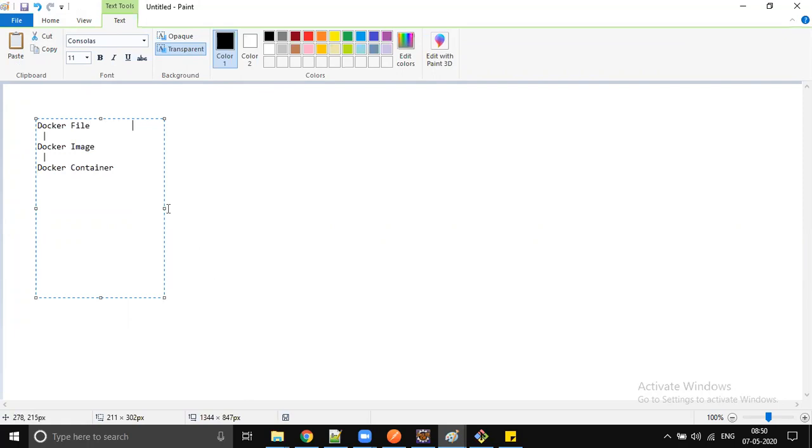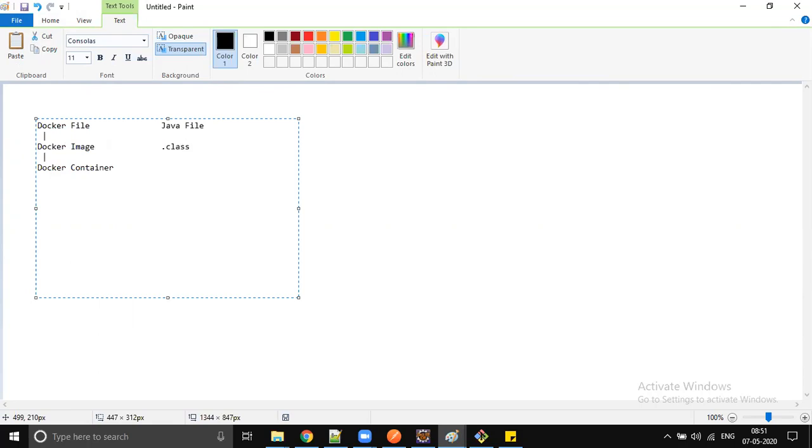We can compare it to something like this, right? As a developer in Java, what do you do? You write a Java file, and the Java file will be converted into a .class file, right? Compilation. As part of compilation, the Java file will be converted into a .class file. So you can consider that as an image.